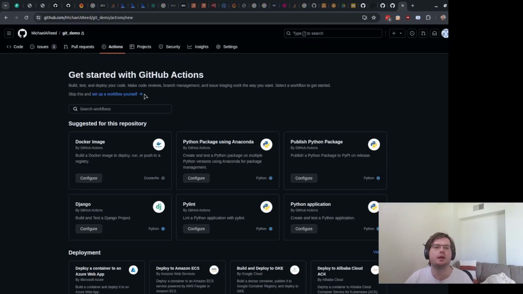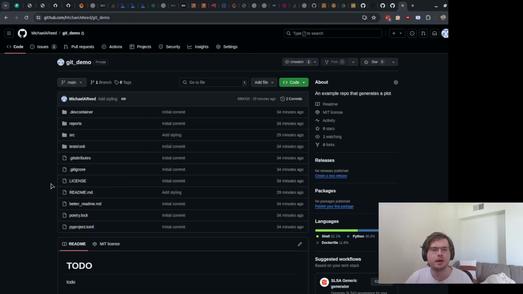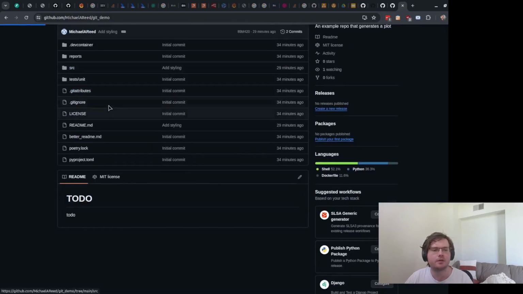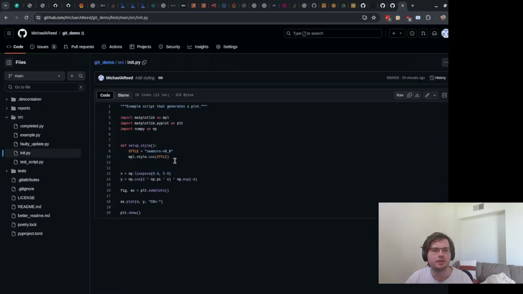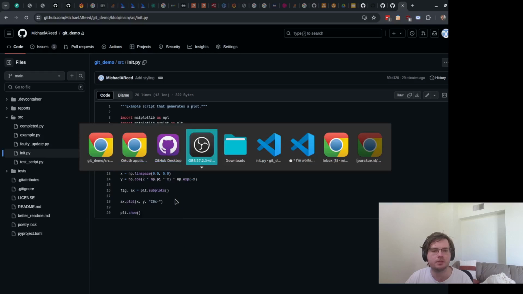Actions, which are like scripts that you automatically run maybe when you push things up. So maybe it's things like running tests, maybe it's generating some documentation or whatever it is. And there's a few other things you don't really need to stress about. The point is now our code is up here. And if I, for example, open up this file, which I was looking at before, you can see that it is just as it was on my local machine.